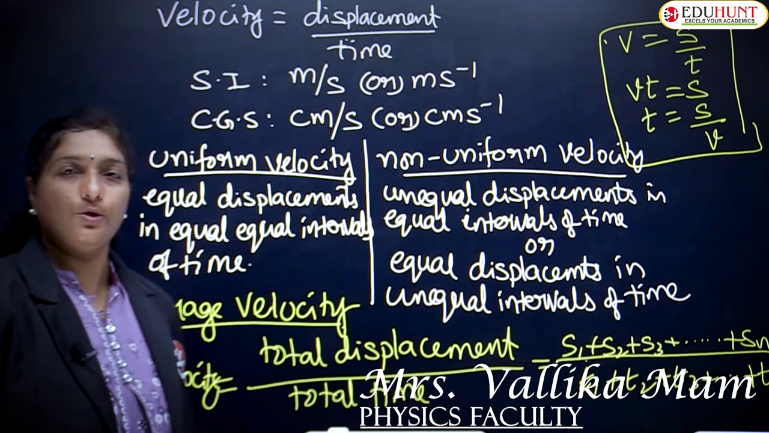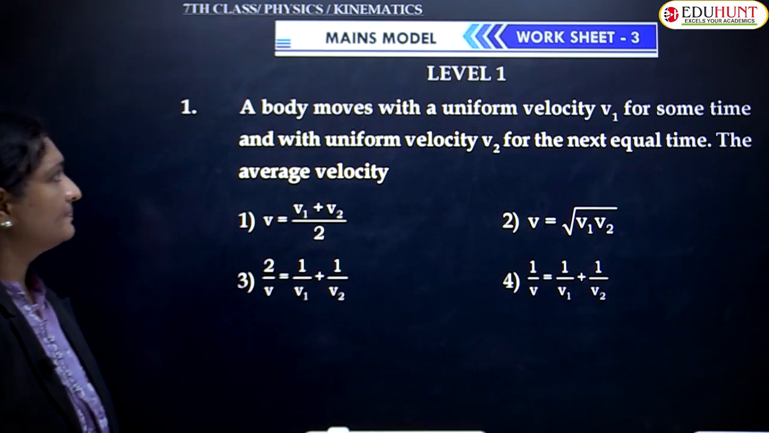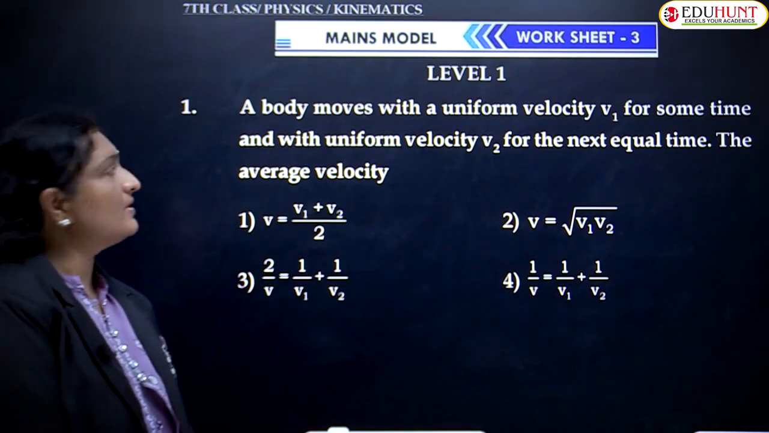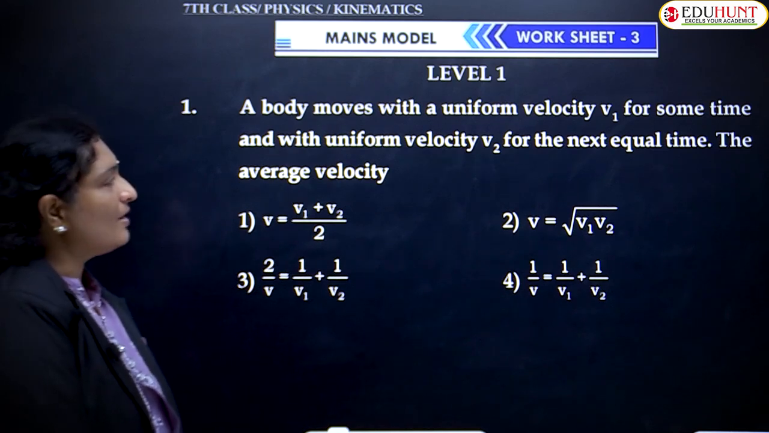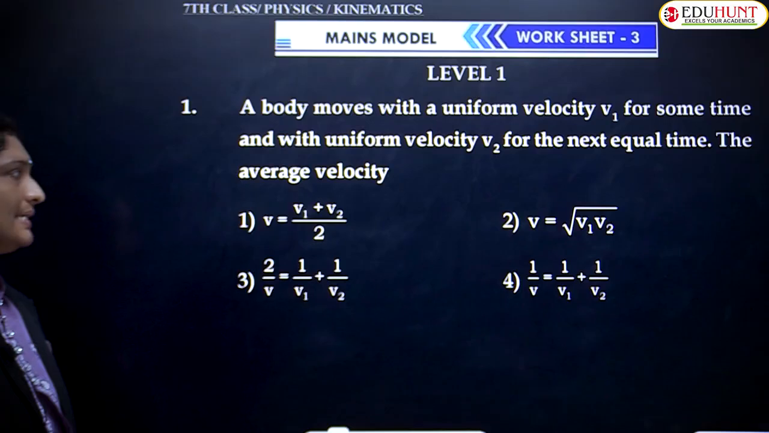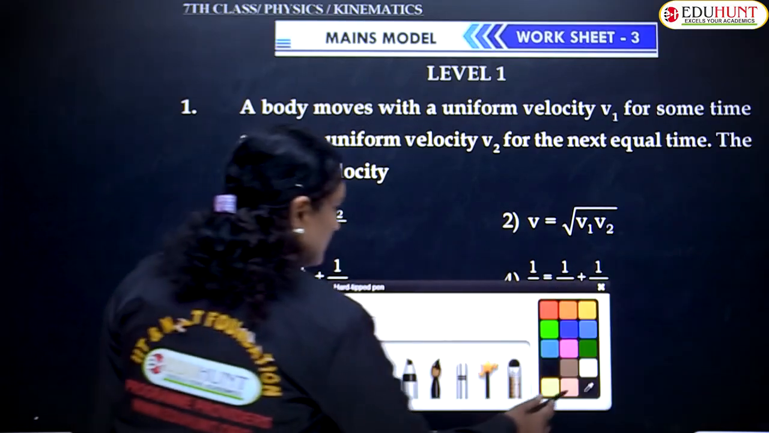Children, let us move to the numerical part of this velocity. So first question from worksheet number 3. A body moves with uniform velocity v1 for some time and with uniform velocity v2 for next equal time. The average velocity is. So children, we know that